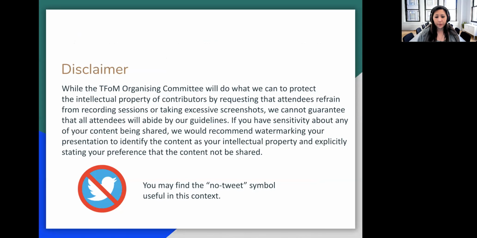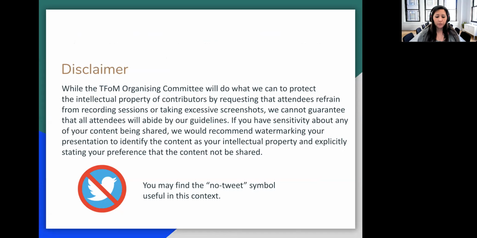We wanted to make the point that this is an interesting new world in the sense that screenshots and recordings are a lot more possible in the virtual world compared to how it was before. So we recommend being aware of any sensitive content and making sure that our audience is also aware if you don't want it shared or reproduced.